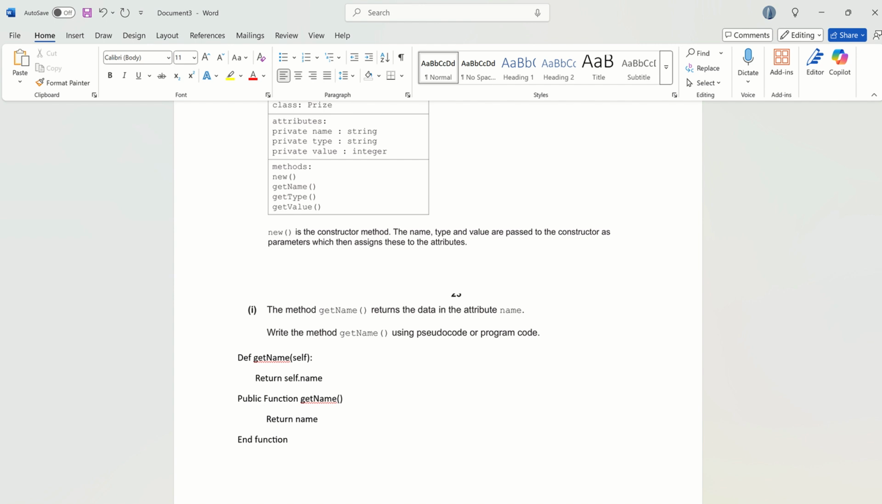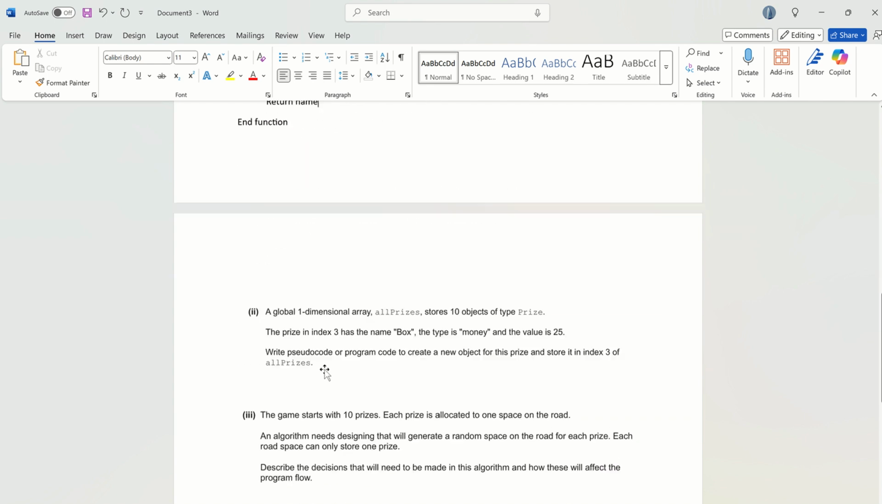function get name. Okay, so you either write it in Python, but make sure it's correct Python. Let's make the correct Python again, fill in the underscores, or you write it in pseudocode. Don't mix and match because as soon as you mix and match, you lose marks. Okay, now